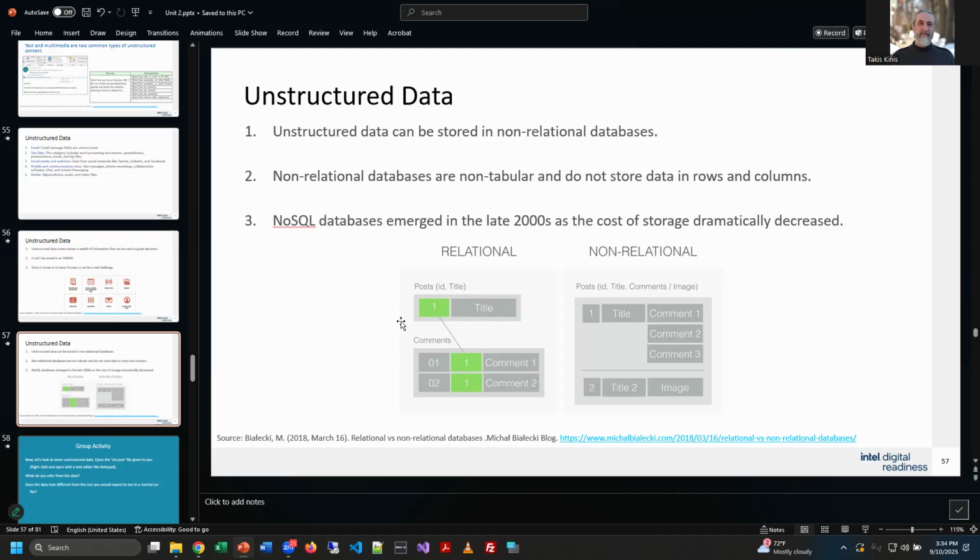In a non-relational database, I might do it like this. So post number 2 has a title, right? And then I put an image in there. Okay, this is kind of what I'm talking about, right? And then I have post number 1 where maybe I just had a title and I just typed a couple of words and this person commented and another person commented. But you see in the non-relational, the comments travel with the post, where in a relational one, it would be in a separate table, right? And so because the comments travel with it, I don't need to repeat these two pieces of information. So the tabular format in essence gets broken, but these are still attributed to that post, right?